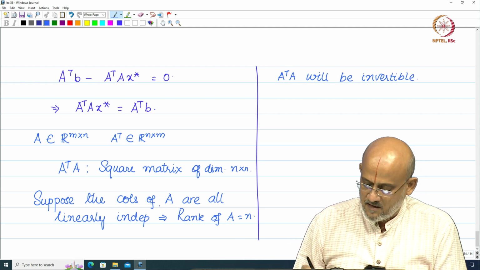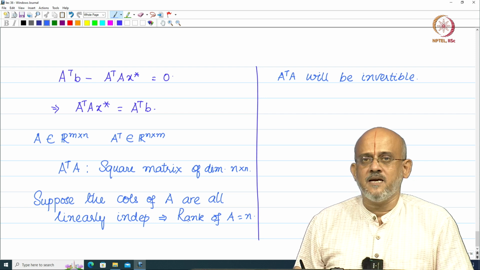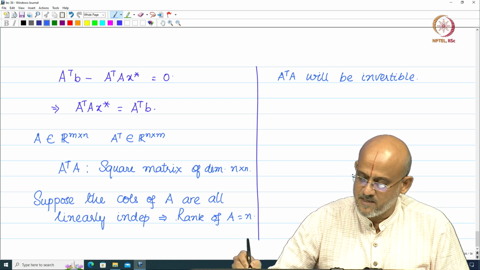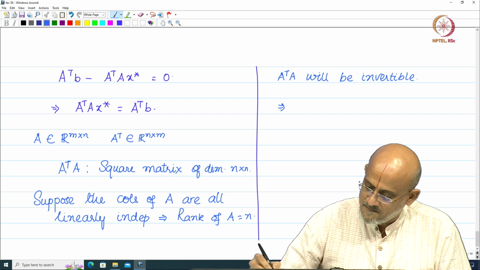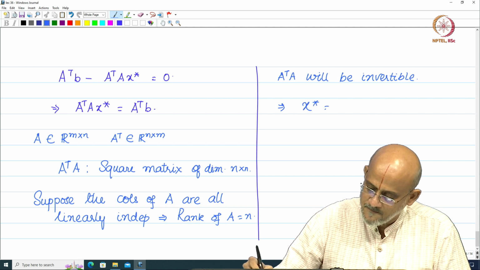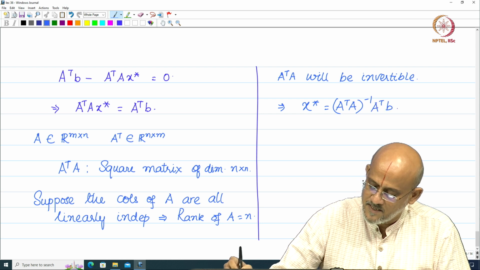Right. The columns of A are all linearly independent, therefore the rank of A will be n and therefore A transpose A will be invertible, which implies my x star is going to be A transpose A the whole inverse A transpose B,